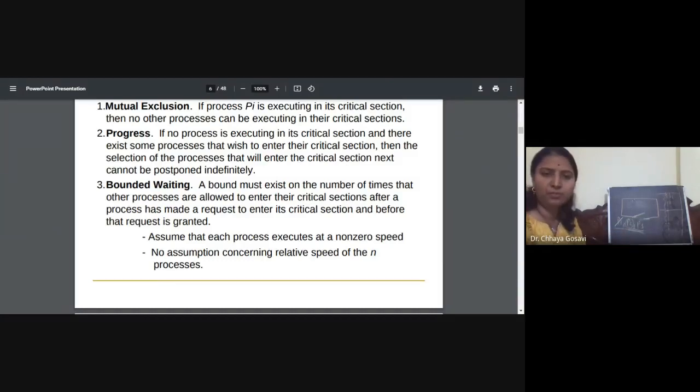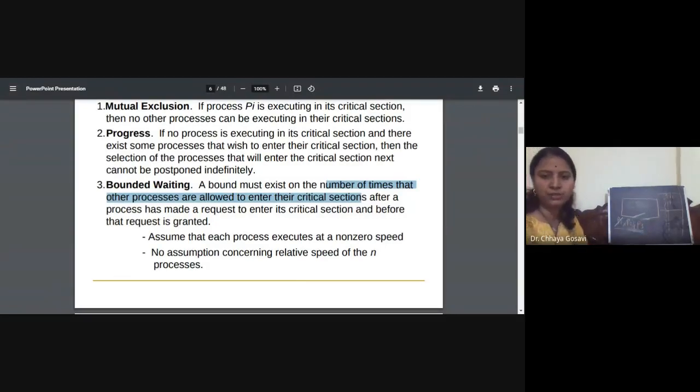So a bound must exist on the number of times that other processes are allowed to enter their critical sections after a process has made a request to enter and before that request is granted. P2 has made a request, but there is a race between P1 and P3. They are entering and exiting and giving each other a chance, but P2 is not getting a chance to enter. This should not happen.